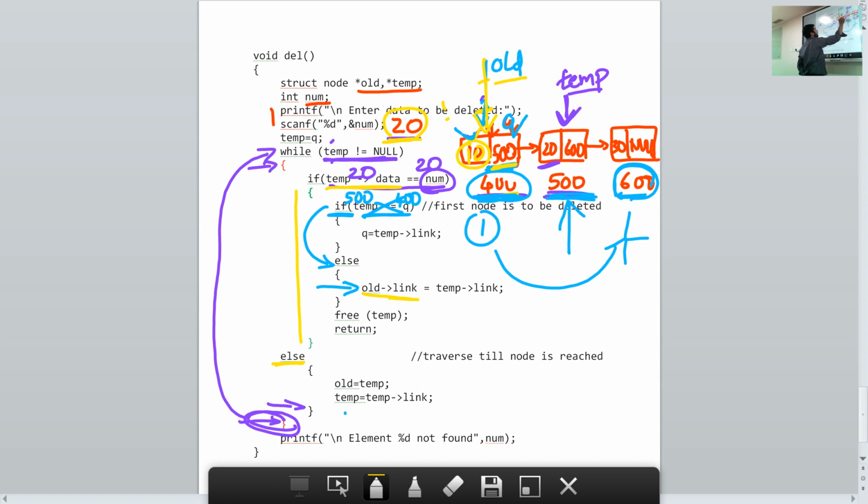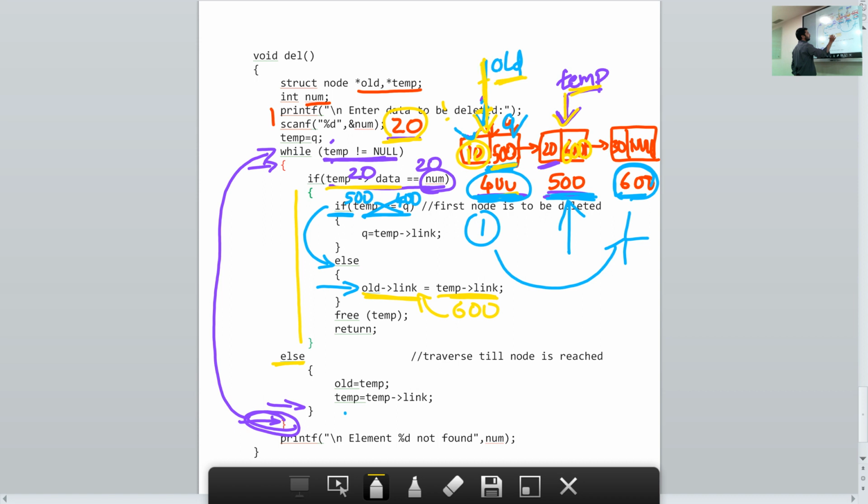Old arrow link will get what value? We'll get the value from temp arrow link. So temp arrow link, what is the value? 600. This 600, temp arrow link contains 600, will be given to old arrow link.